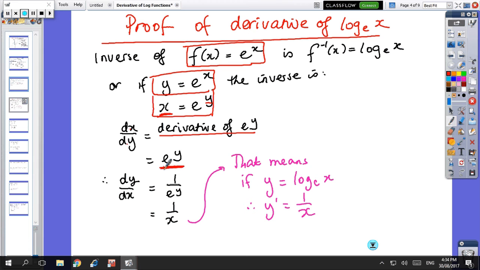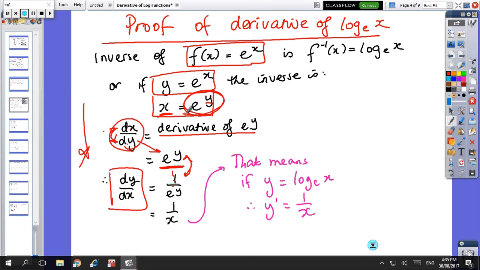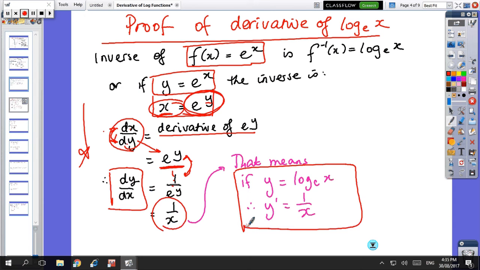Now at the end of the day, you don't have to understand the proof, but you have to see the proof. The derivative is not normally dx/dy, it's normally dy/dx. So if dx/dy is e to the y, then I turn these upside down, and I get 1 over e to the y. But e to the y is the same as x. So the upshot is, and this is all you have to remember, if you have log e x, then the derivative is